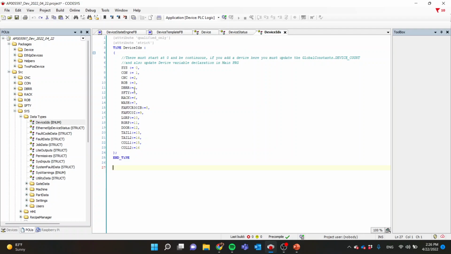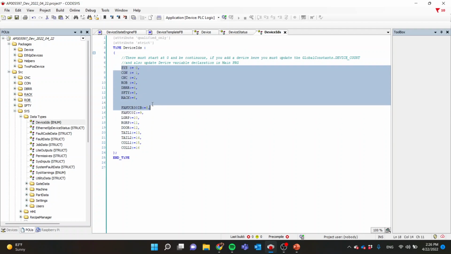So if you end up deleting a device out of the system, let's say we deleted washer, and we didn't have a replacement, I guess you'd want to leave it as is, but it's just not good practice to leave an empty space. But right now our user interface is looking at this enumeration, and so some of this